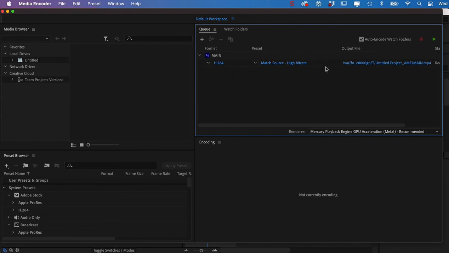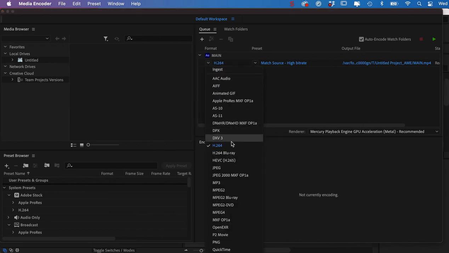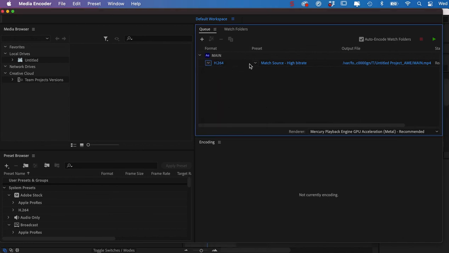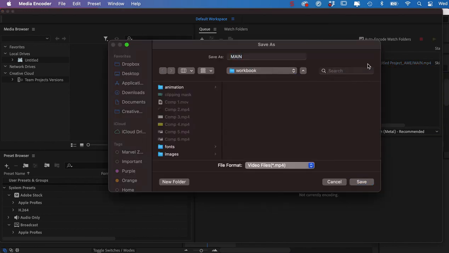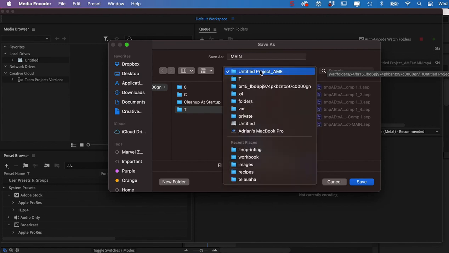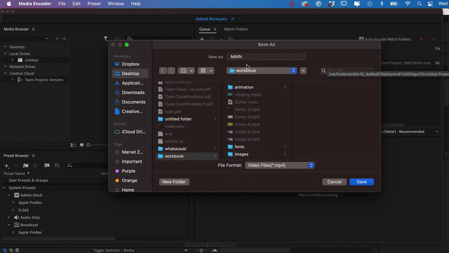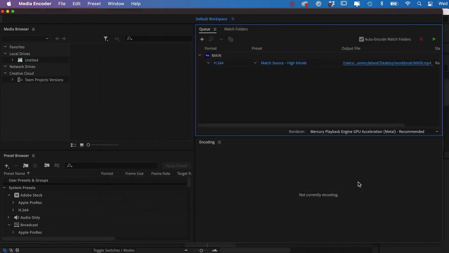Sometimes it takes a minute for it to pop up here, but when it does, this is the one that we want to use. You can see there's a whole lot of codecs, but H.264 is the one we want to use. Match source just means whatever I had set up in After Effects is going to happen here, and then I just give it a name and where I want to save it to. Go save, and then there's the play button up here. I hit that,